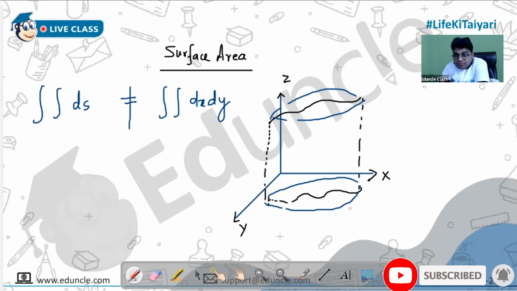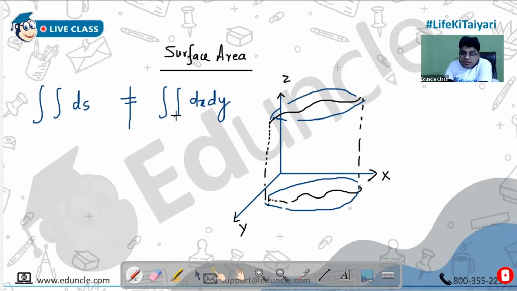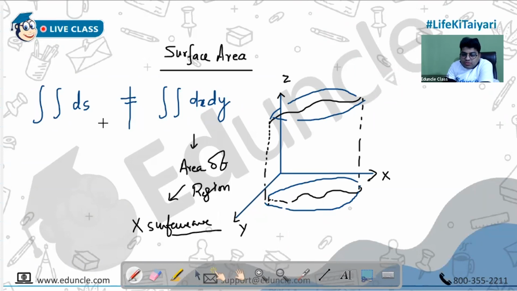पहले मैं बात समझना, surface area is not double integration dx dy. Double integration dx dy is the area, not the surface area. Yes or no? Double integration dx dy is the area of a particular region, whatever region you have. This is not surface area. So surface area